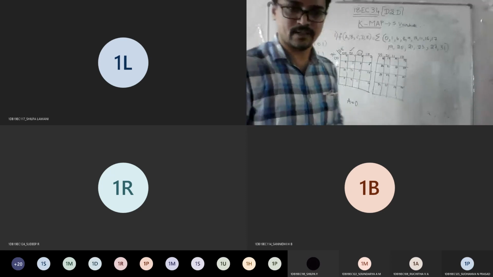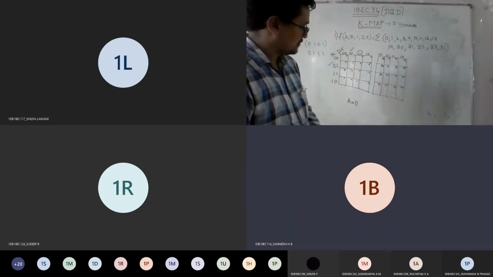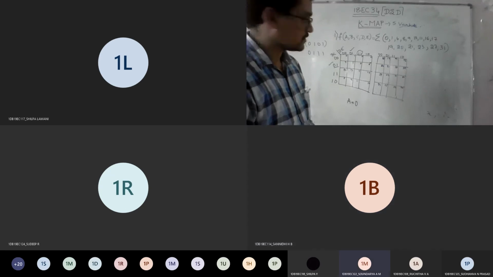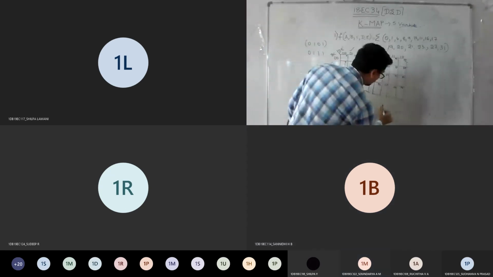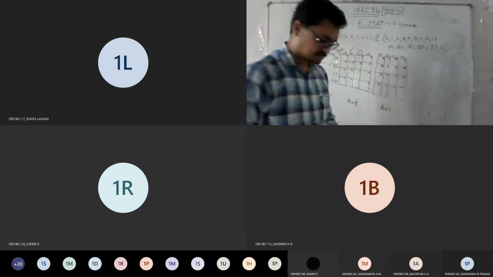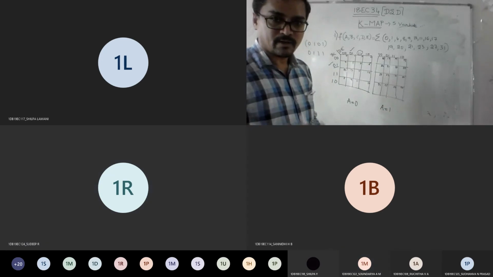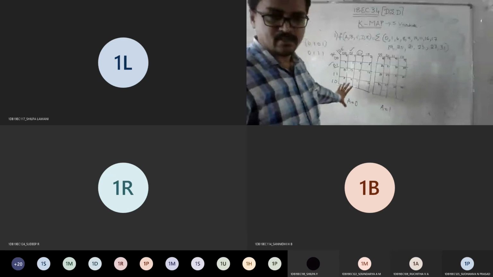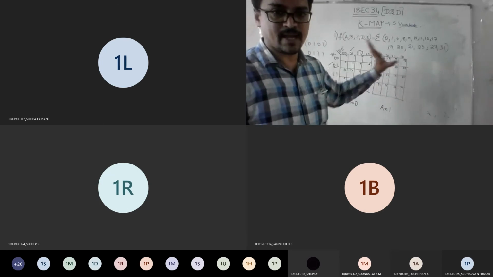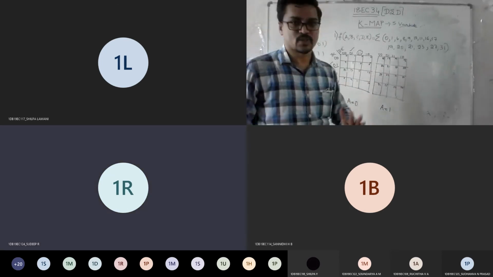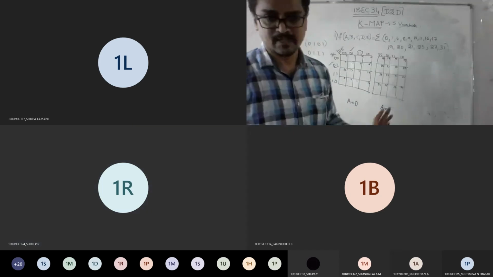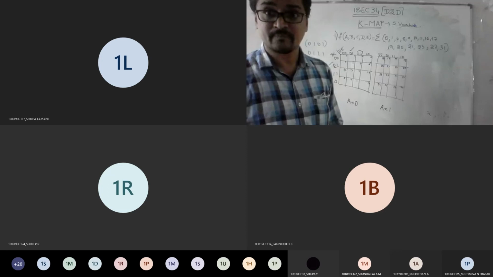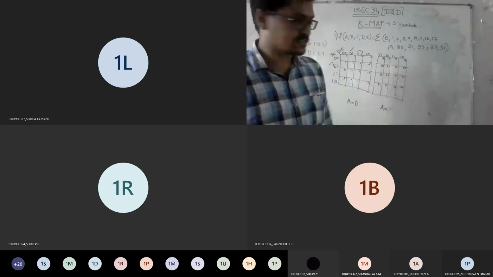So any doubts, anyone till here? Am I clear till here? Yes, sir. So what is the condition for this table now? A should be equal to 1. I told you, from the truth table, for the first 16 combinations you make A as 0 and for the next 16 combinations make A as 1. So this is how we can solve the 5 variable K-map. Otherwise, there is no possibility to solve, because I told you there is no 5 variable K-map. So any doubts, anyone till here? Is it fine?